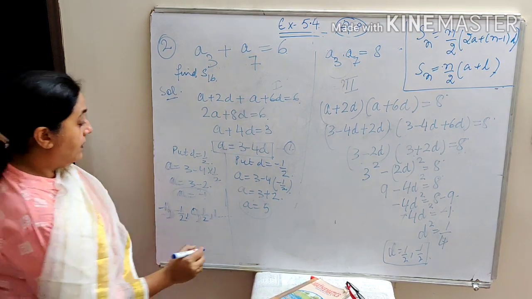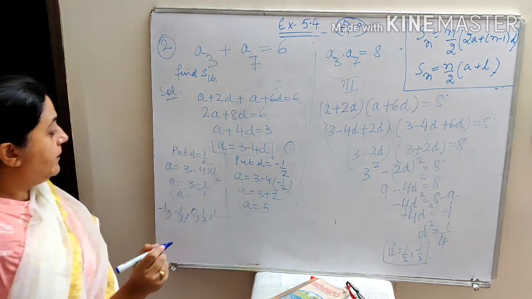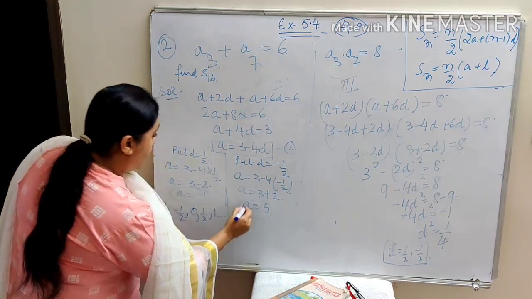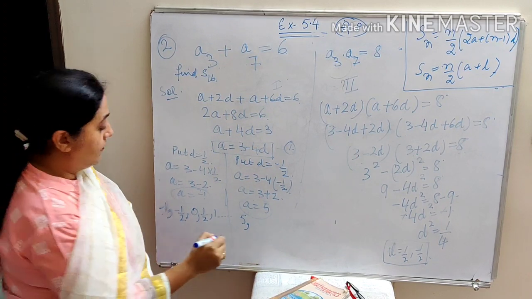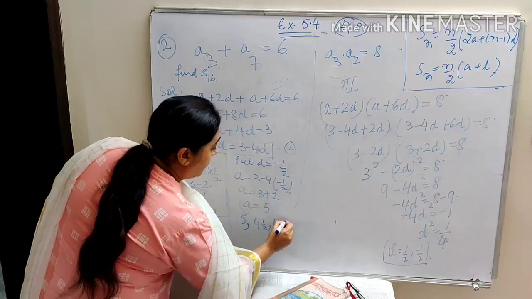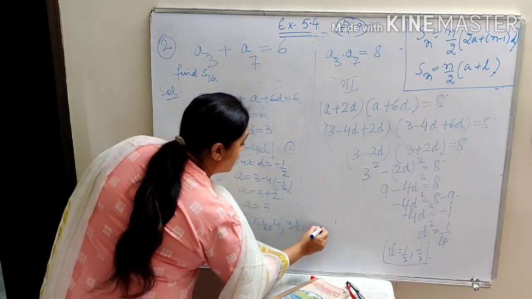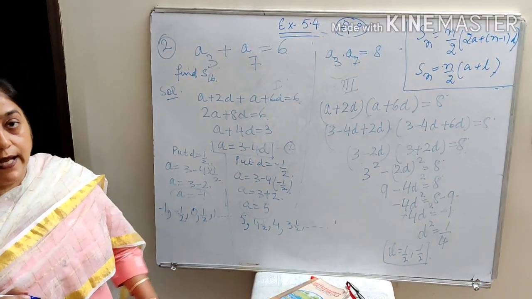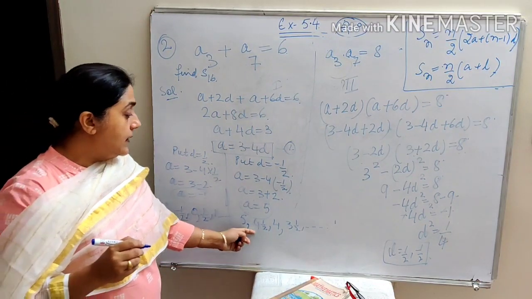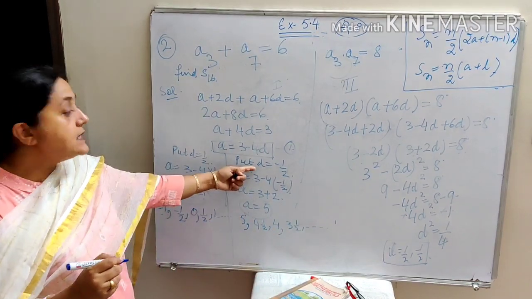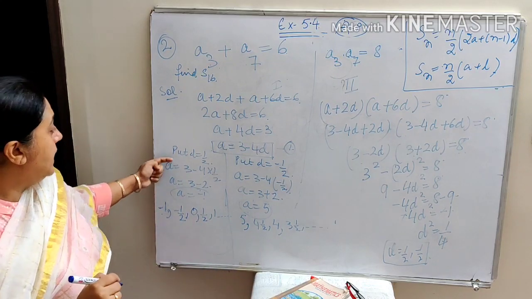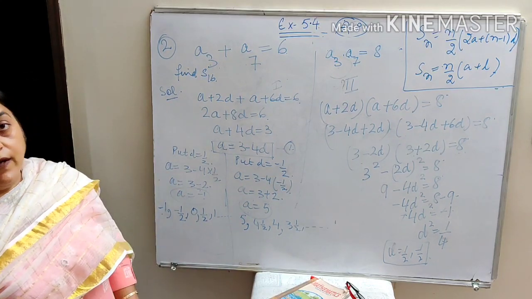Similarly, when I have A equal to 5, the series will start from 5. Now what do you have to do? Subtract half each time: 5, then 4.5, then 4, then 3.5 and so on. So I have two special types of sequences. One AP is the increasing AP, the other AP is the decreasing AP. We could also understand that from D: when D was negative it was a decreasing AP, and when D was positive I have an increasing AP.